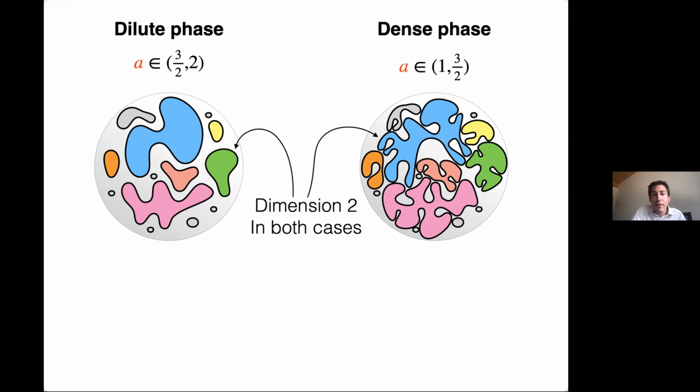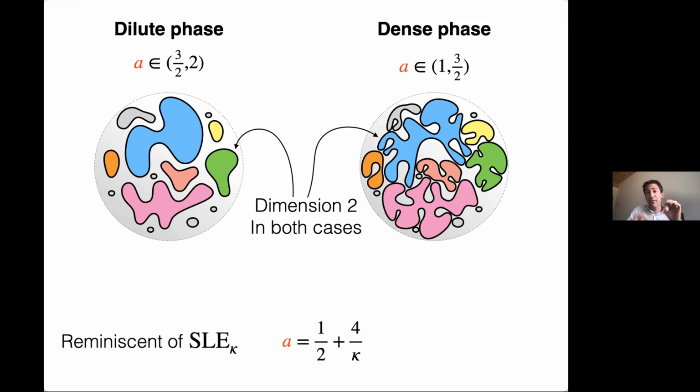Okay, so of course, I should mention the dimension of the faces is always 2, but skip that. Of course, this dichotomy is the same as the dichotomy for SLE, which is touching itself above kappa equal to 6 and a simple curve below. And it's the same transition if you believe in the formula that is written here, that a is 1/2 plus kappa over 4 over kappa. Okay, questions?